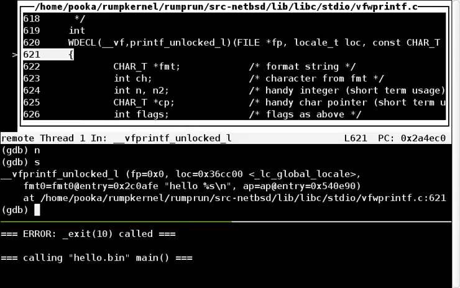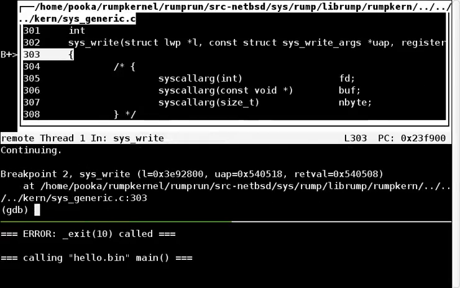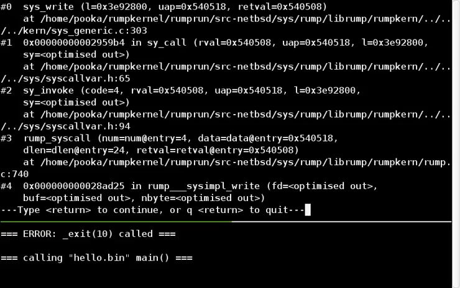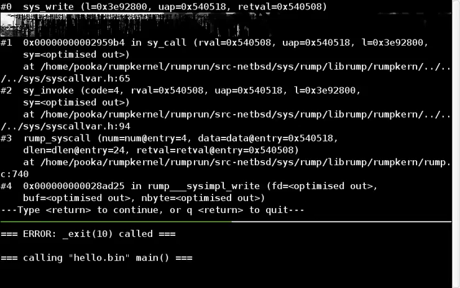And of course, what's really nice about rump kernels in general is that you can almost always single step into the system, or single step into the kernel. But since I'm not going to be single stepping all night, let's just put a breakpoint and continue running. And you'll notice this is actually the kernel entry point. So I'll switch out of the text user interface mode for a while and print the backtrace, so you can see that we entered